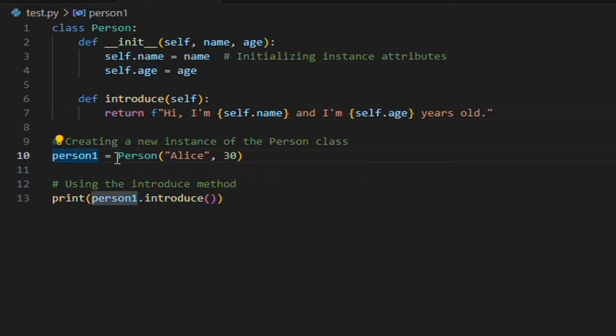the person. A new instance of the Person class named person1 is created with the name Alice and age 30. This instance creation calls the __init__ constructor, initializing person1 with those values. The introduce method is called on person1, which returns the introduction message containing the name and age of the person. The print function outputs the returned introduction message, which in this case is, "Hi, I'm Alice and I'm 30 years